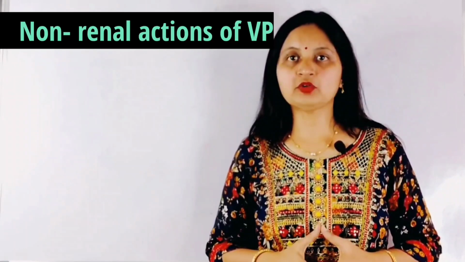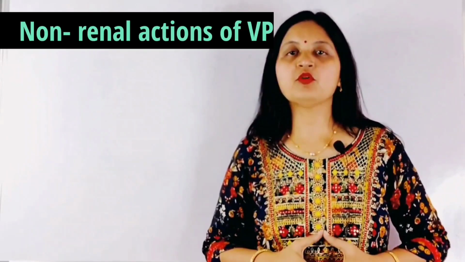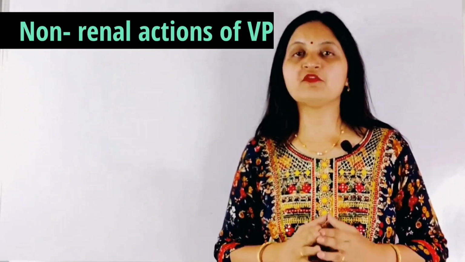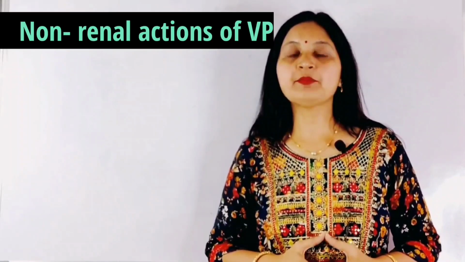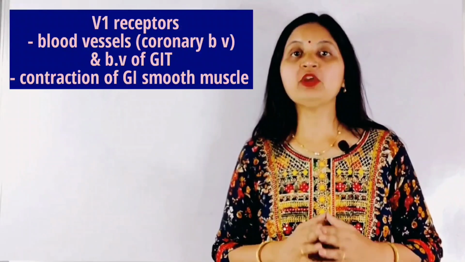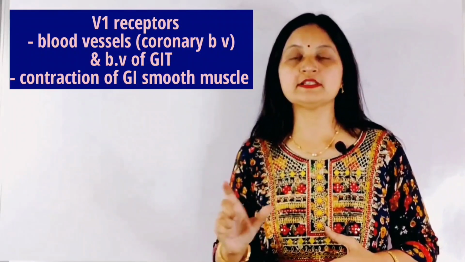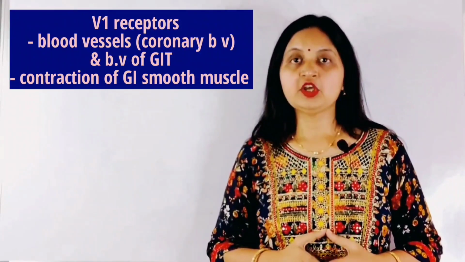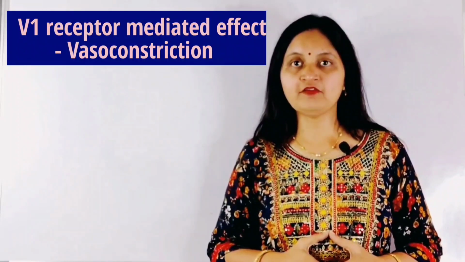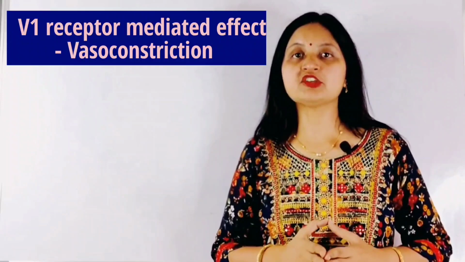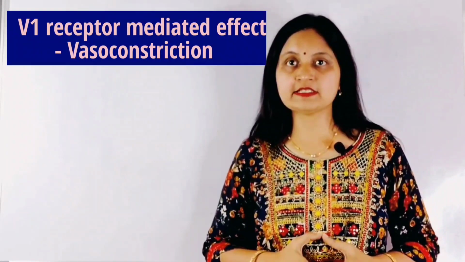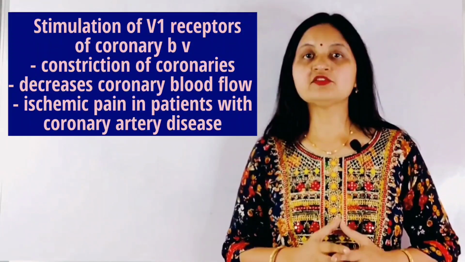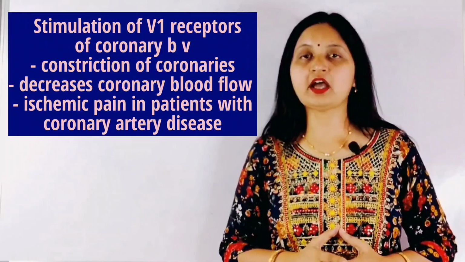So now that we have learnt about the renal actions of vasopressin, let's now move on to the non-renal actions of vasopressin. Vasopressin receptors are of two types, V1 and V2. The V2 receptors are predominantly expressed in the kidney and the V1 receptors are expressed in the blood vessels, particularly the coronary blood vessels and blood vessels of the GI tract and brain. So stimulation of V1 receptors of the blood vessels causes increased vasoconstriction and increases the resistance in the blood vessels. Thus, stimulation of V1 receptors of the coronary blood vessels causes constriction of the blood vessels, decreasing the cardiac output,